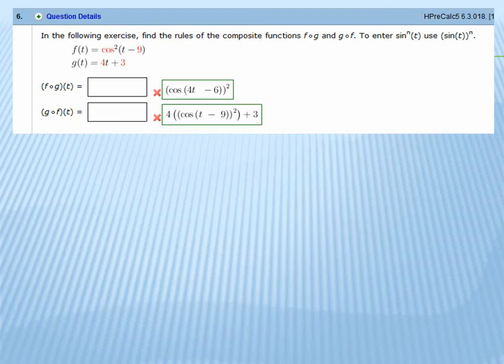Okay, number 6 is very similar. I'm going to do that for you later, but let's stop for